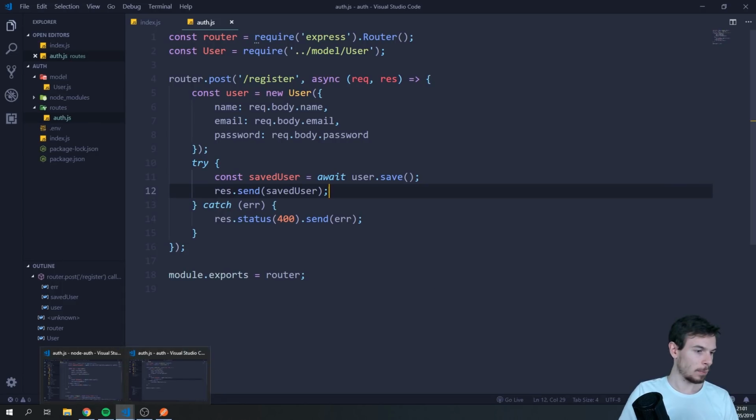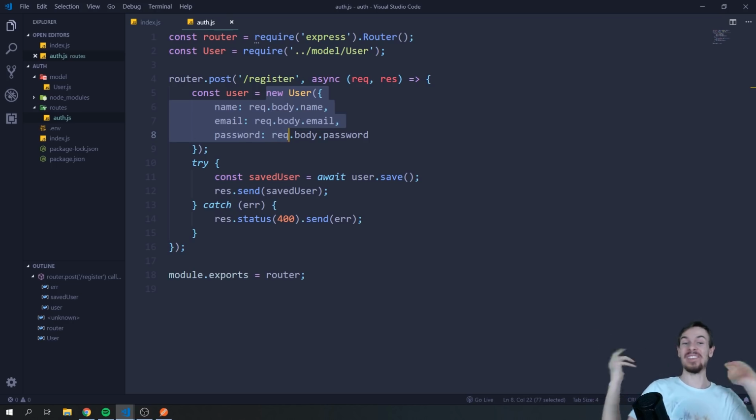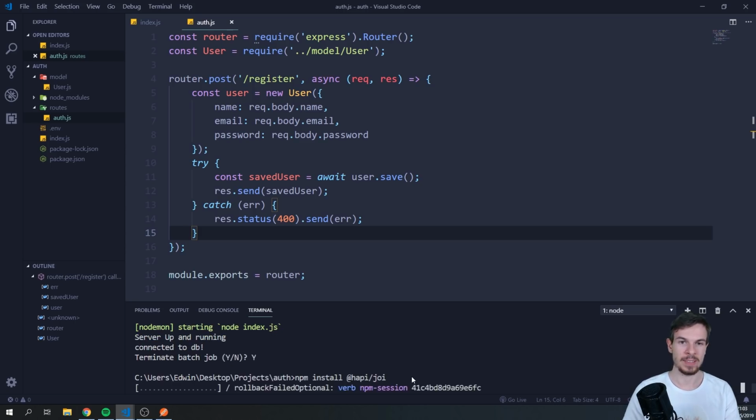The package we are gonna use to validate the information that we're getting from a user is something called Joi, and it's actually very fun to use. So we are gonna say npm install @hapi/joi, like that, with an I. Okay, hit enter, and while this is installing,